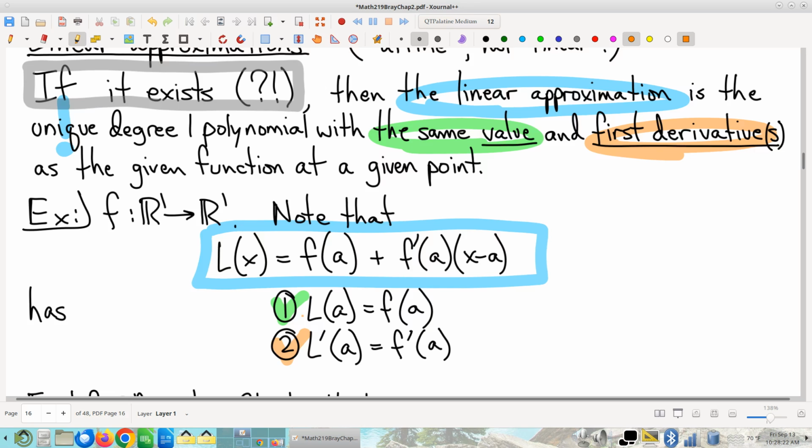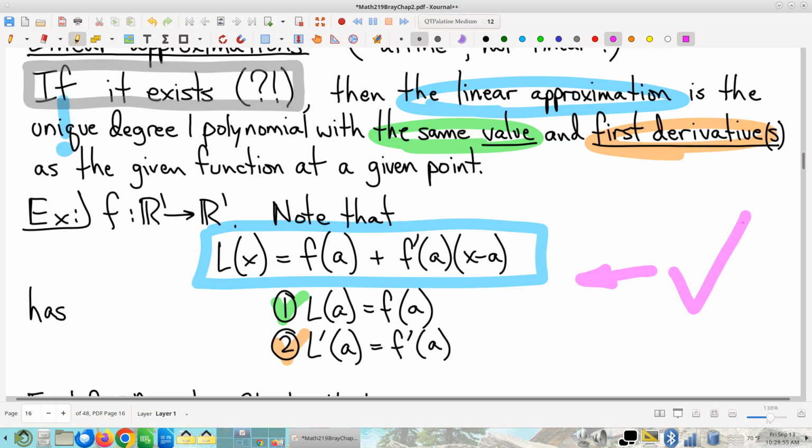Okay, now I'm going to wave my hands quickly at this. Check and make sure that you understand why that's true. Confirm these two properties. Take this formula right here. Confirm that these two properties hold. Now you're going to have to think about, well, how would you go about doing that? The first one's pretty easy. You take the value x equals a, right, and you plug that in right here, and boom, it just works. That part's no problem. The second one does require a little bit of a subtlety, a little micro subtlety, and that is